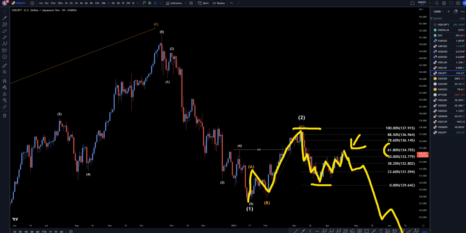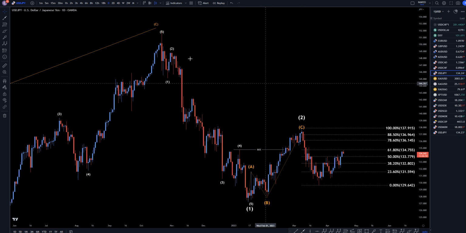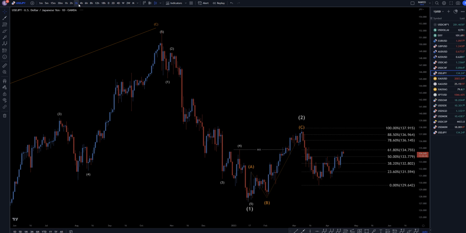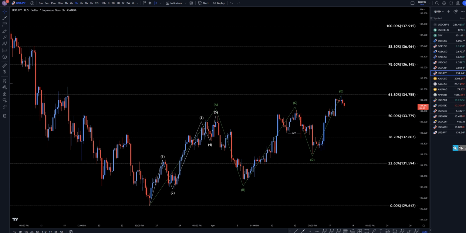Now, like I was saying on the last few days, the yen has been really driving the yen pairs up. So we kind of have a weak dollar versus a weak yen right now, which is not a very good combination for looking for trades. So personally, I would definitely be looking for the trades on other dollar pairs or other yen pairs. But going down to the